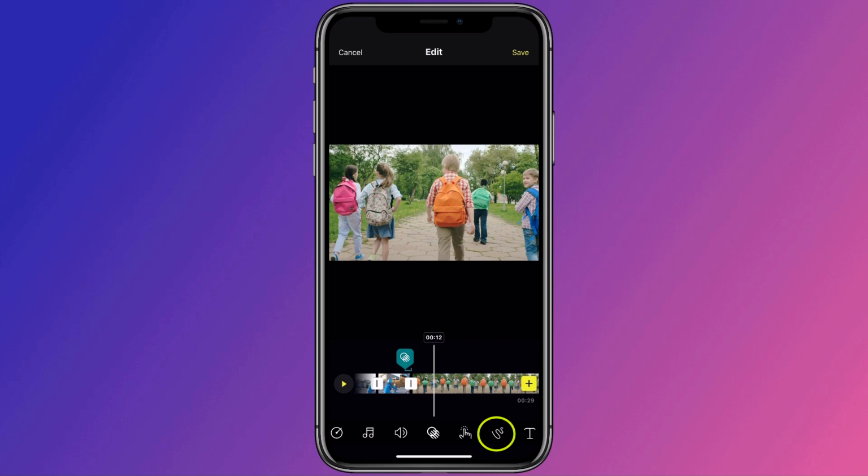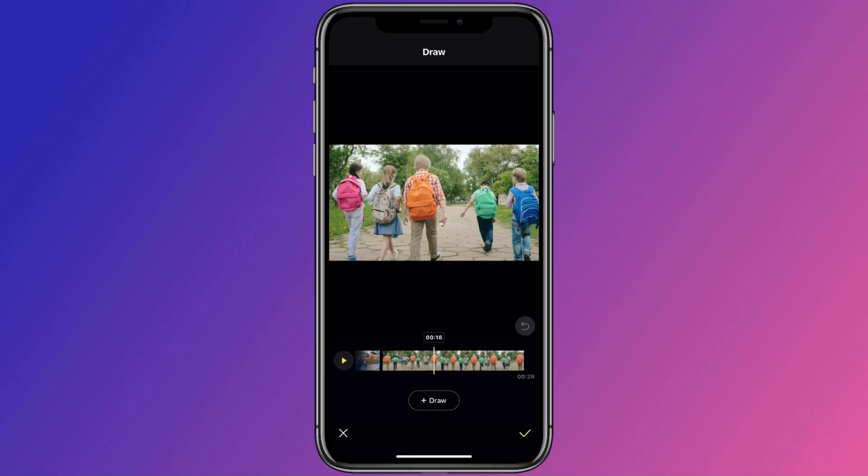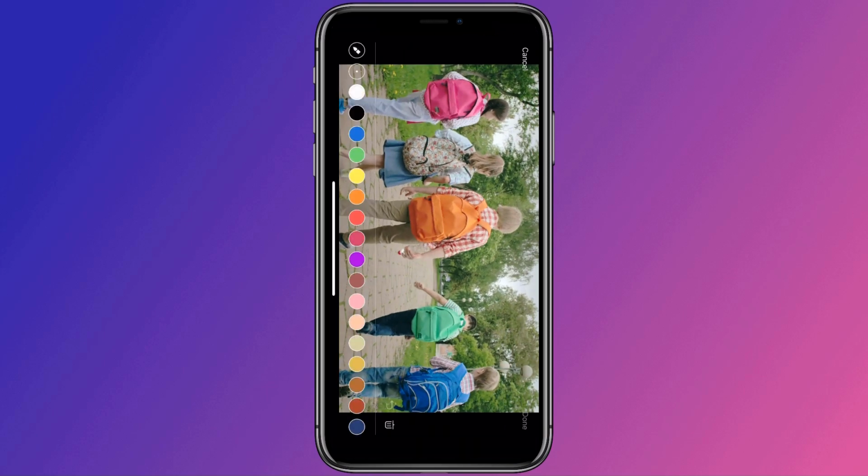Moving to the right once again, you will see this little line and it will turn your video sideways. Here you have the type of brush that you can use. Next to that you have the brush size and then you have the colors that you can use. You can draw anything. If you are happy with that, hit done up in the top right hand corner. If you are not, hit delete or you can just hit cancel.